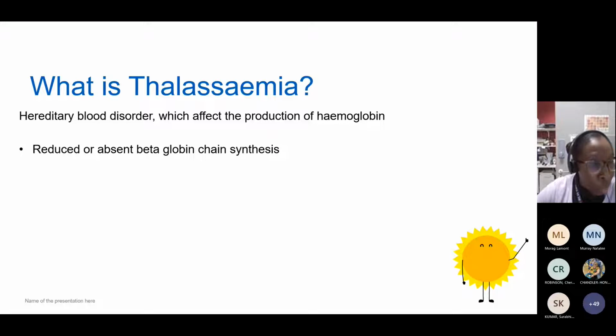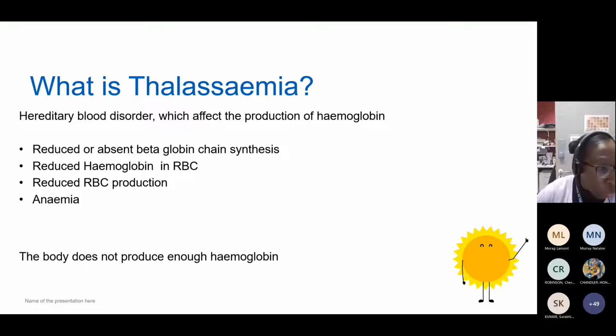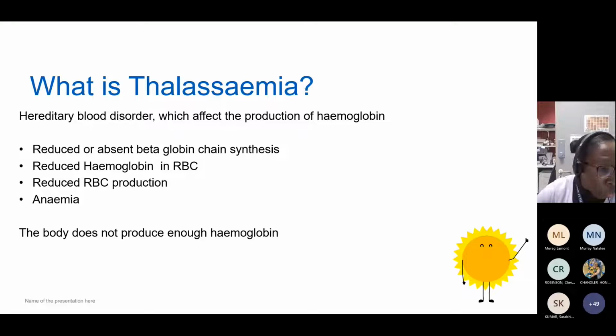So this comes about by the reduced or absent beta globin chain synthesis, which then impacts on reduced hemoglobin in the red blood cell, and then reduced hemoglobin red blood cell production, which then leads to anemia. So this is the process that happens. And so what we say, in simple words, is that in thalassemia the body does not